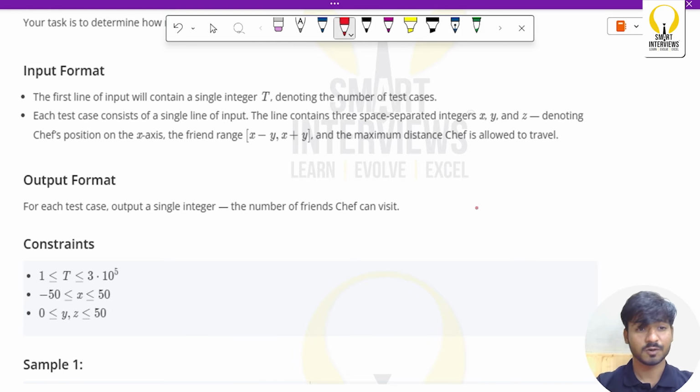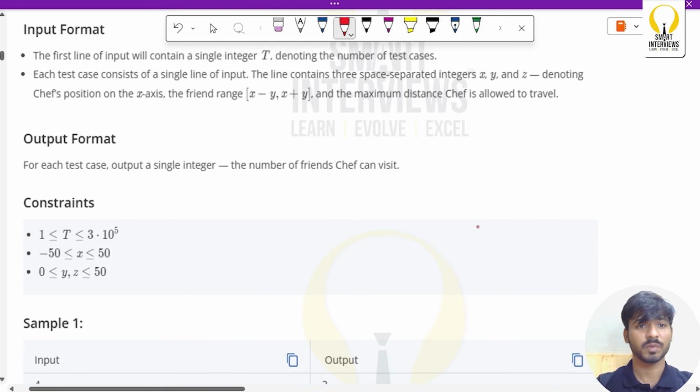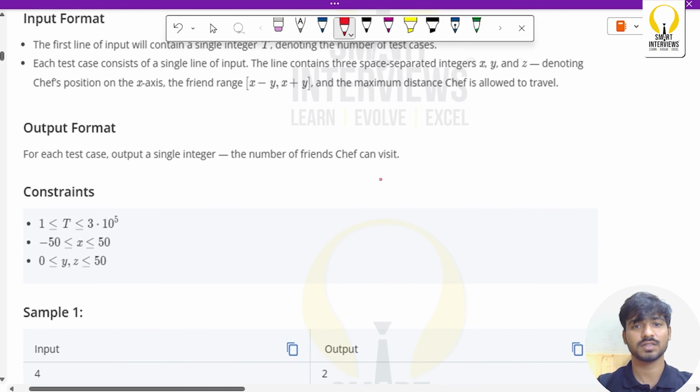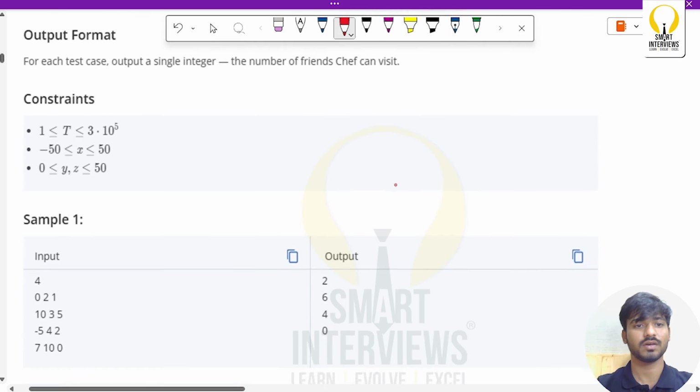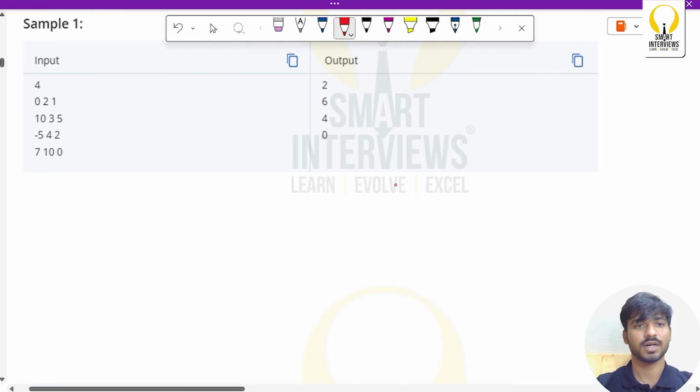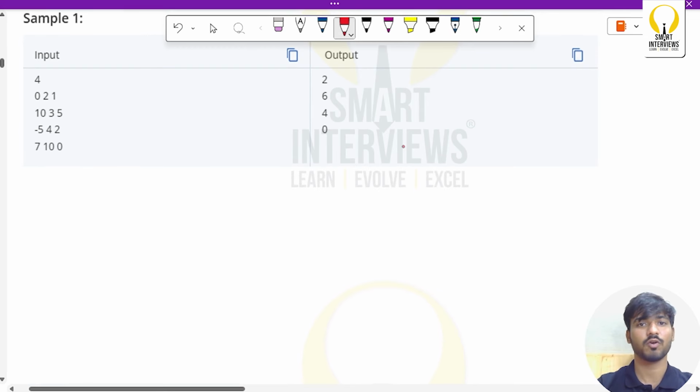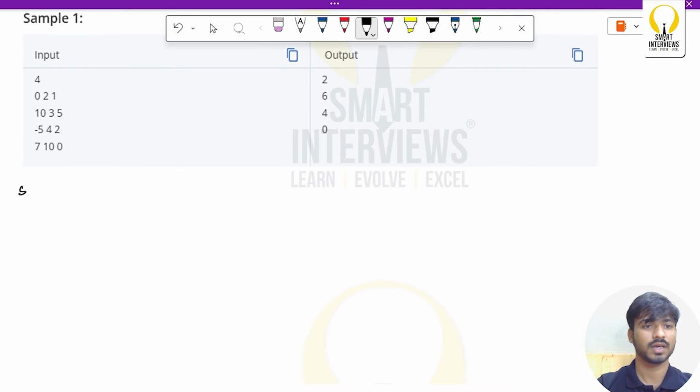the at most distance the chef is allowed to travel from the current position, which is x. Now, the output format: we are supposed to print a single integer, the number of friends the chef can visit. Let us try to understand using this sample input and output. First let's take case 1,